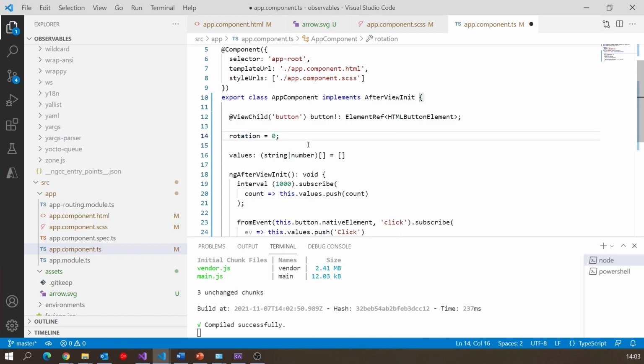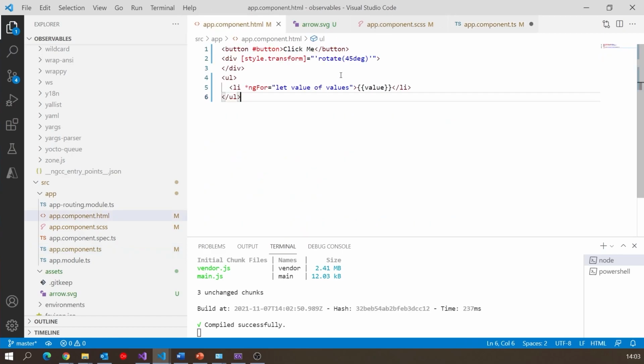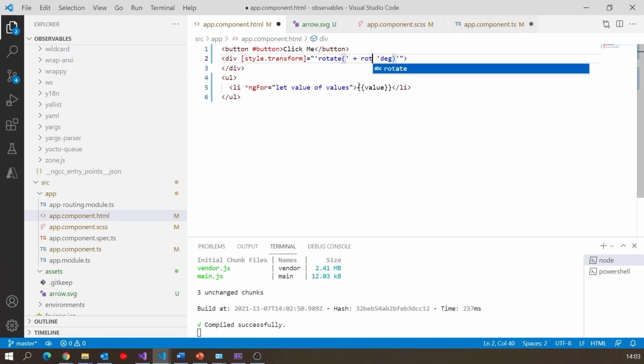And then what we'll do is back in our HTML in here, rather than having that fixed 45 degrees, we can do this. We can just break that up and put plus and then rotation that comes from the component, and so that should now rotate by whatever we said.